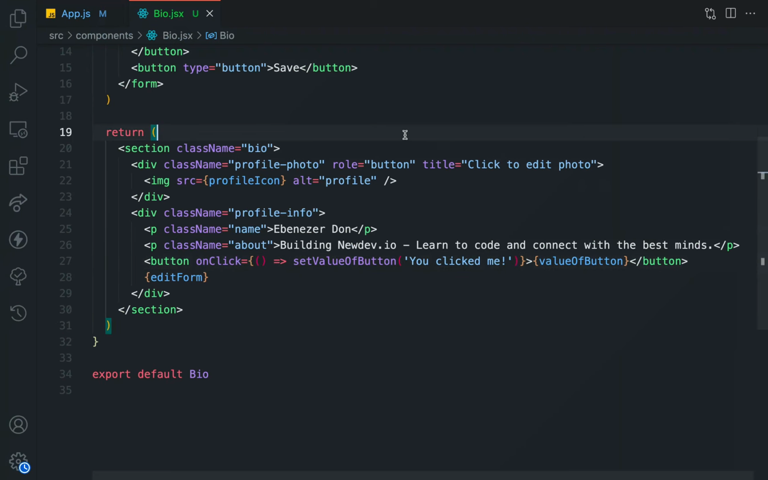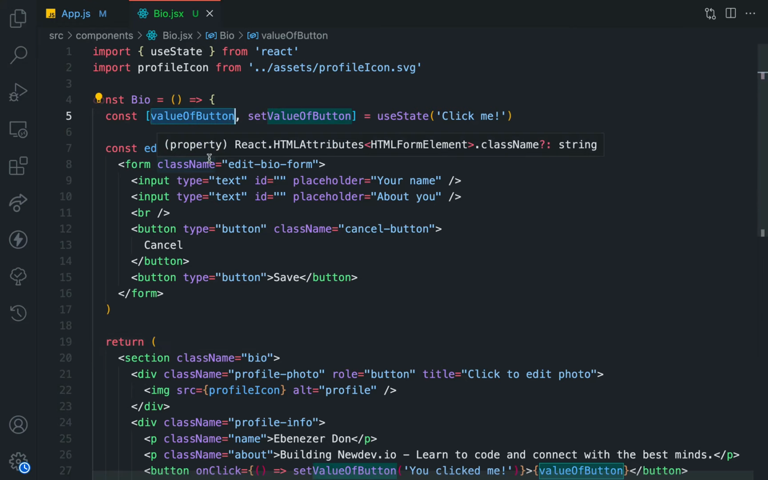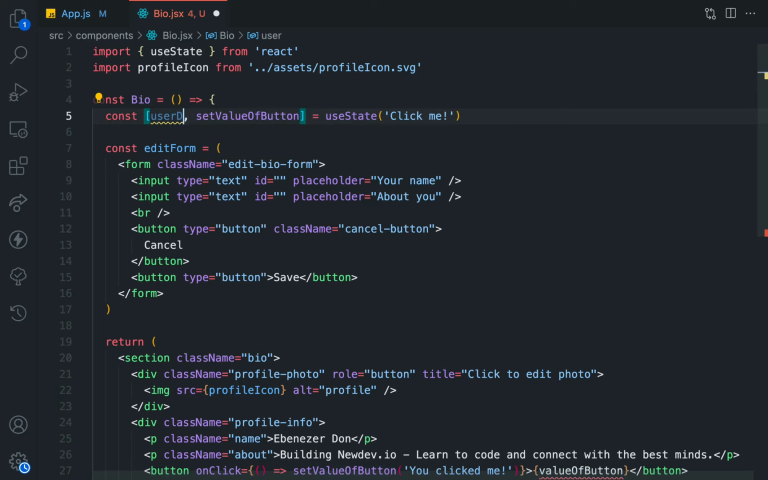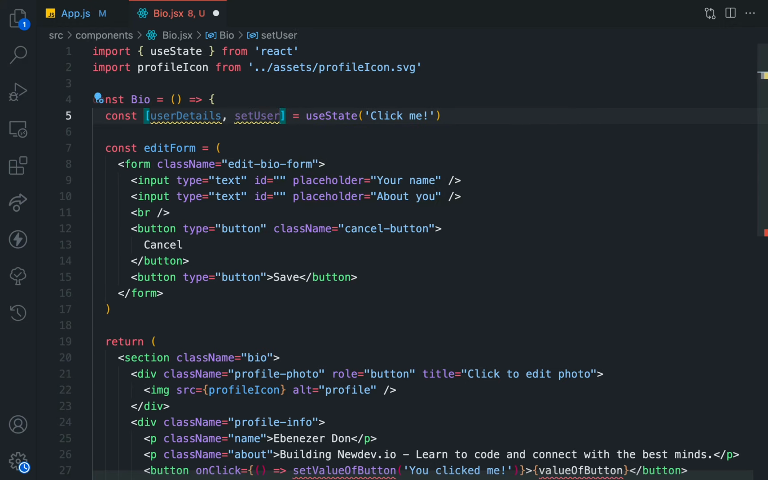Back to our code base, let's see how we can use the useState hook to create states for the name and about user text. What we're going to do on line 5, we won't be using value of button anymore, so let's change this to user details, and we also want to name the function for updating our state set user details. This is what you're going to see in most React code bases, the name user details and then